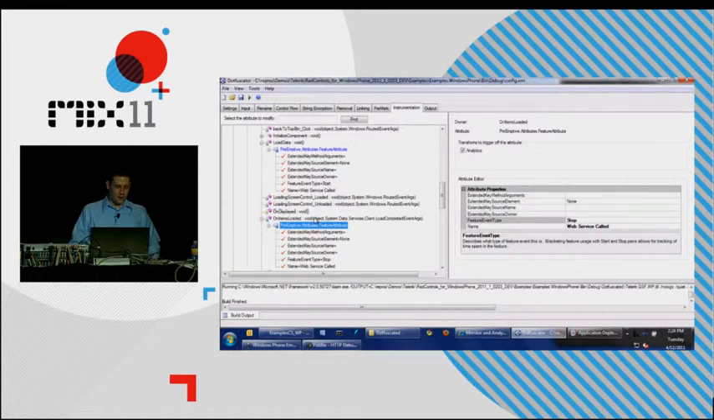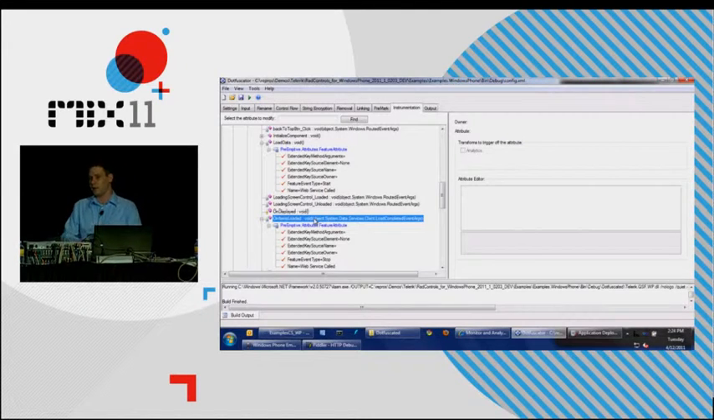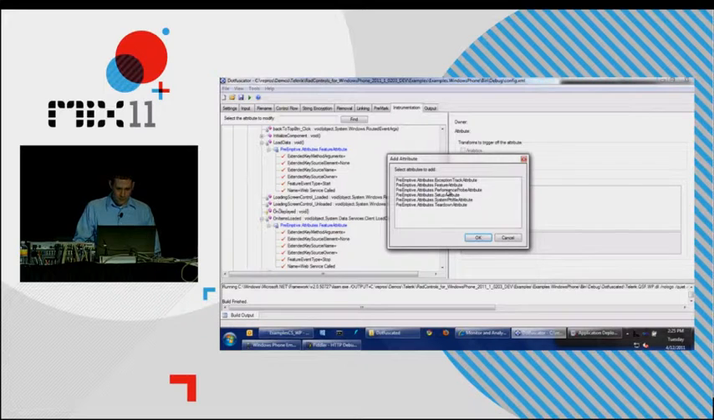So while I'm in here, let's add one other thing. I want to know at the point at which my items are loaded, what my ecosystem looks like on the phone. I want to know how much memory I'm using. I want to know how much memory is available. So I'm going to go ahead and add a performance probe